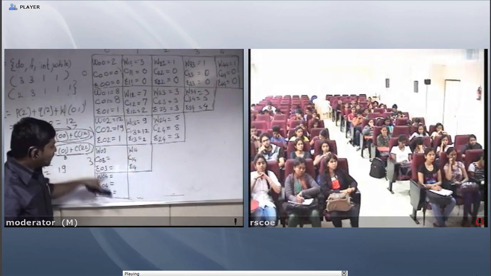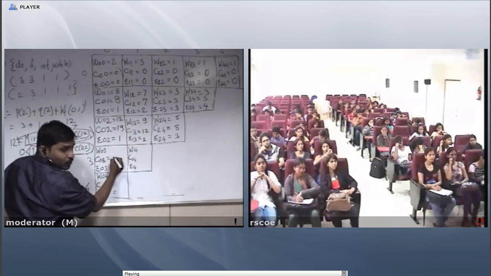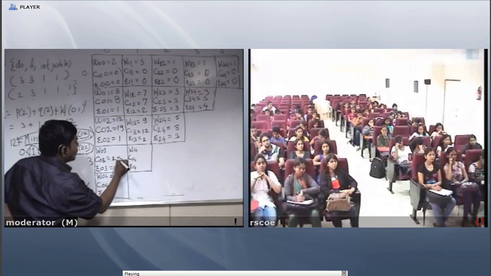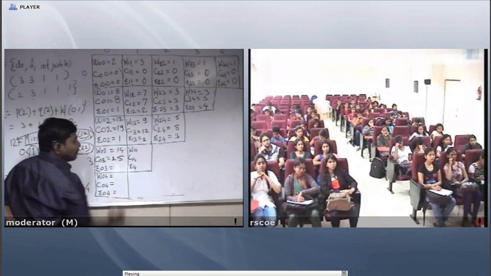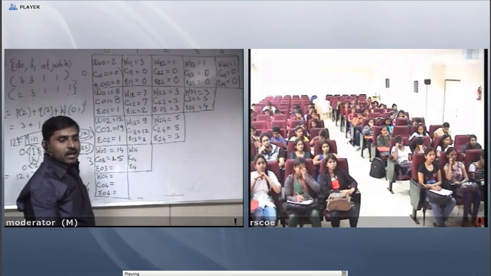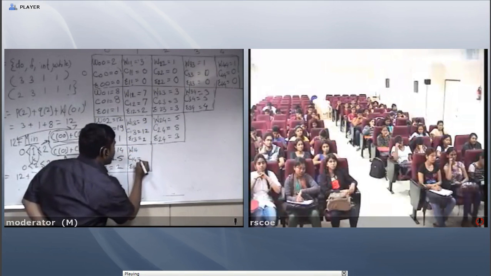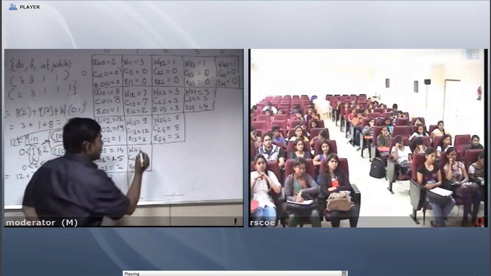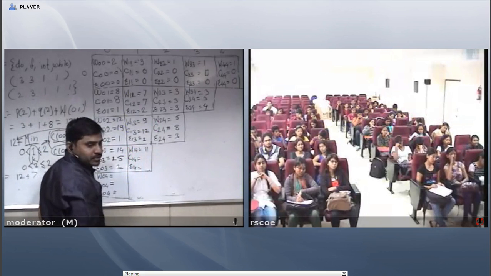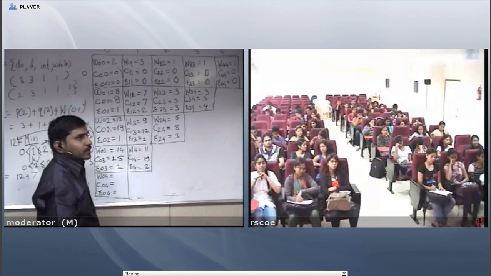Similarly, we can find the remaining values also. For cost of 0 to 3, we got 25; weight 0 to 3 is 14; and best root from 0 to 3 is 2. Similarly, for the remaining values: weight is 11, cost for 1 to 4 is 19, and best root is 2.